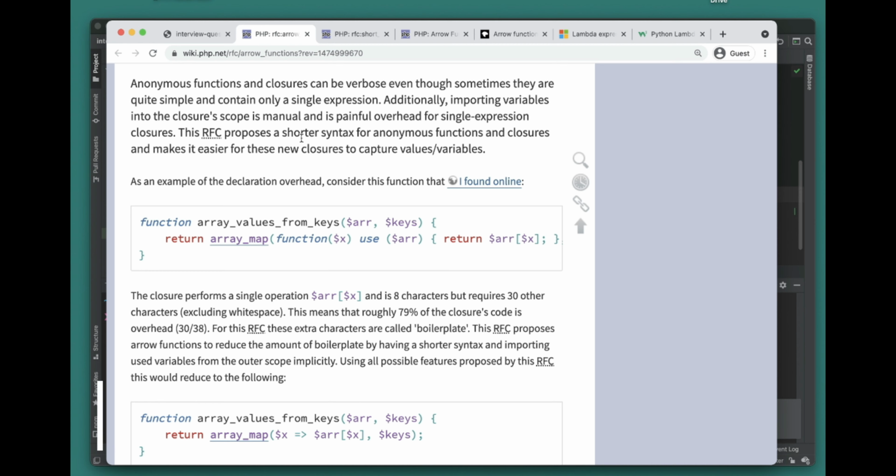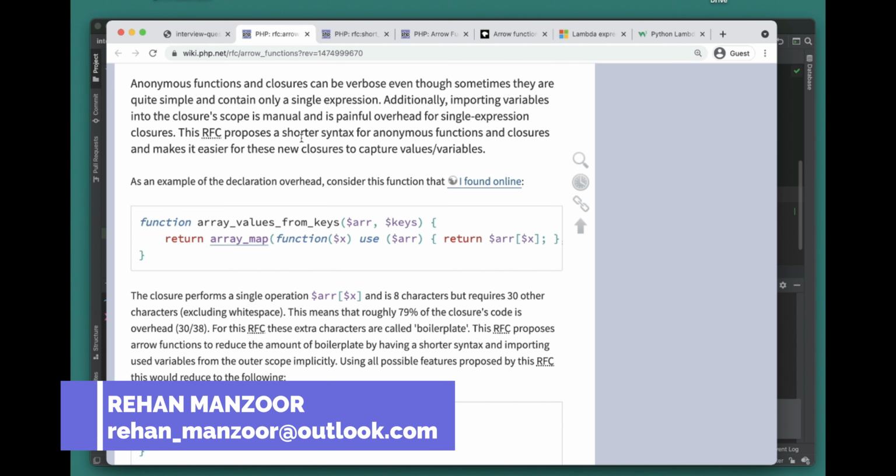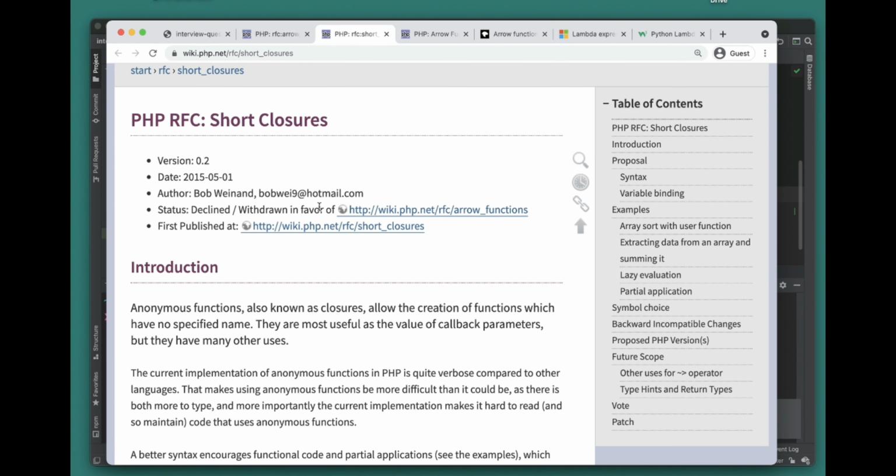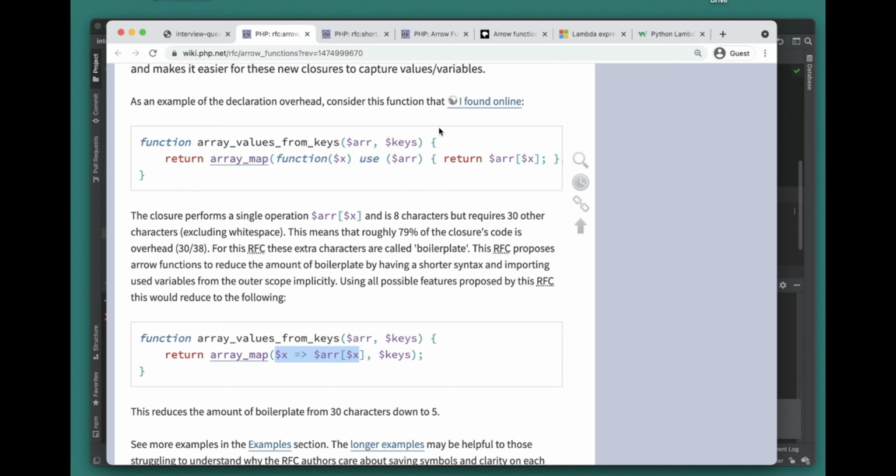Many of you might not have discovered this and would be wondering what the heck it is. Is it PHP? Is it JavaScript? What the heck is going on? You can actually read through these RFCs. This was the last version after which they introduced the functions to PHP, and this was an older version. Actually this one was declined, and then they accepted this RFC and took it on and implemented